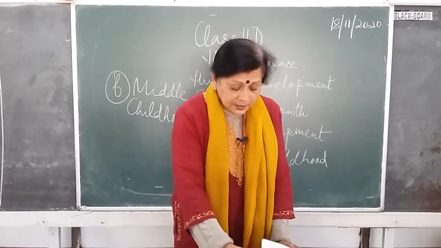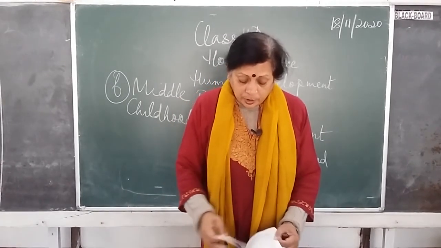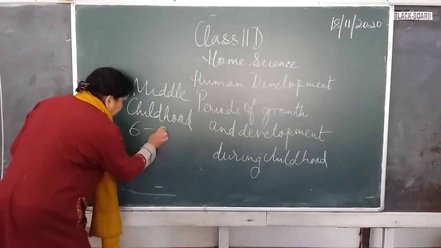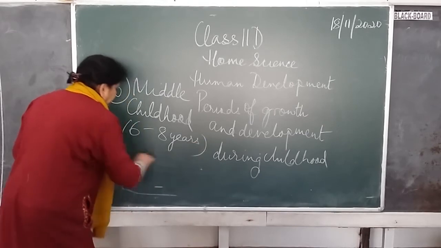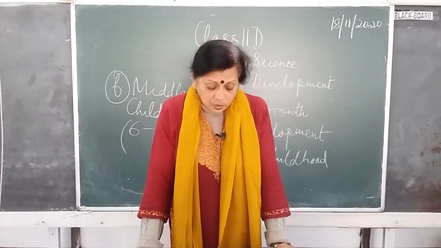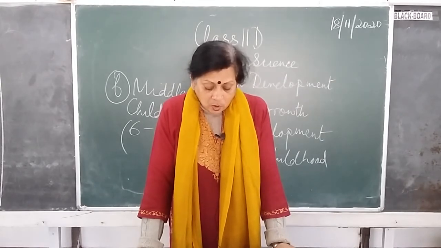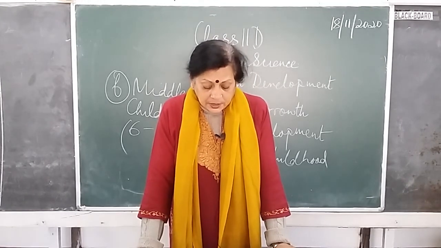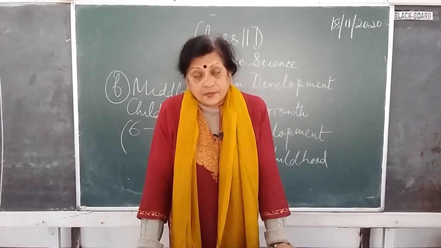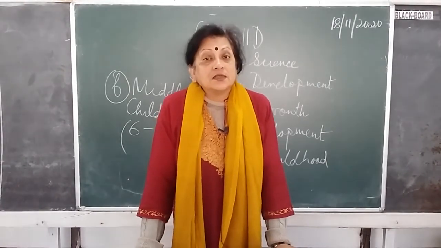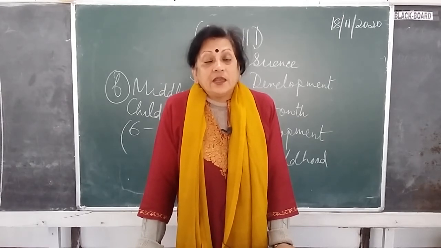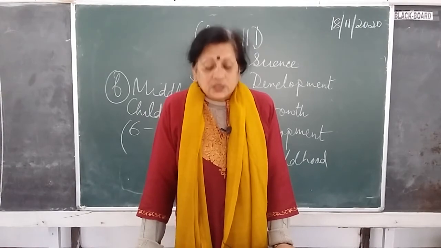Middle childhood, what we find is that this is the age which ranges between 6 to 8 years. At this age, he is able to go to school, use his sense organs skillfully, and coordinate his clumsy and uncoordinated muscular activities. His natural curiosity is large, very curious about the things around him, which should not be suppressed. Parents must have the patience to help a child and explain whatever questions he asks, so that his curiosity is